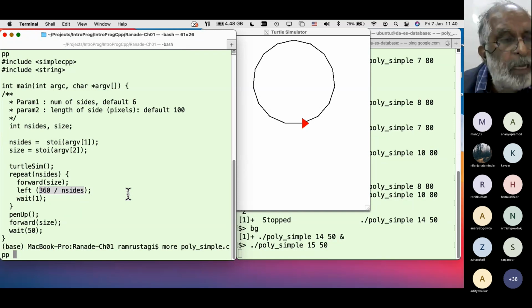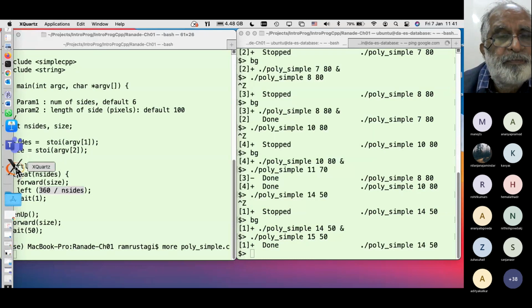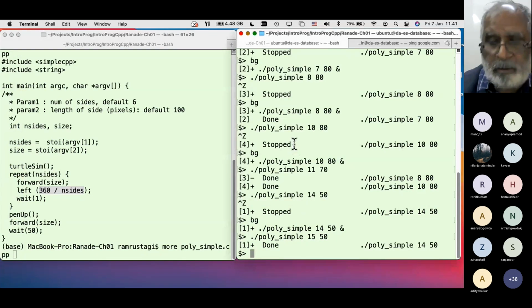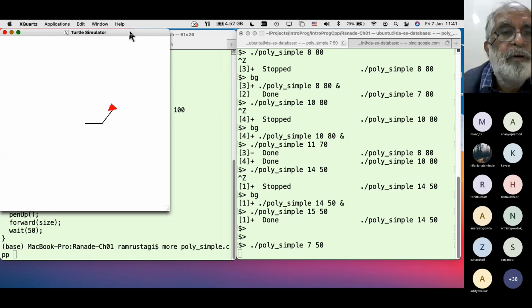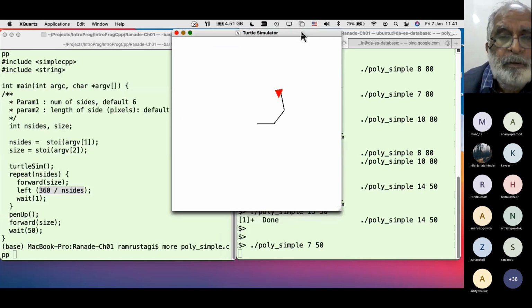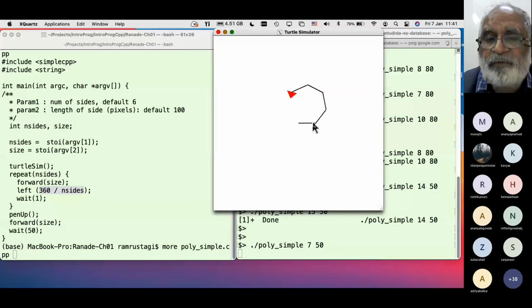Because my angle is not proper, let me draw that again. Every time it is 51, 51, 51, so unless the sum happens to be a perfect 360, it won't even join. But when I try 8, 9, 10, 12, 15, it divides 360 properly, and then it becomes okay.